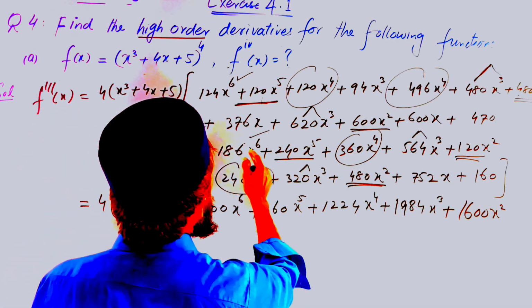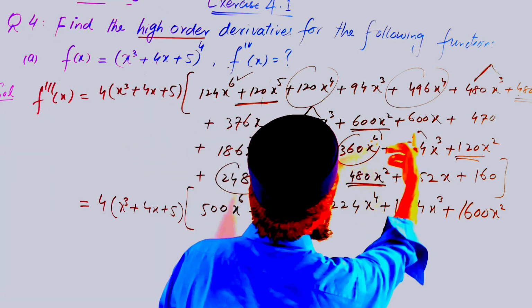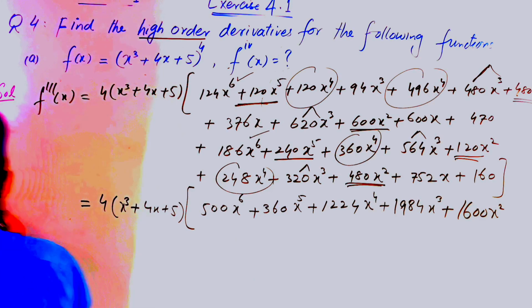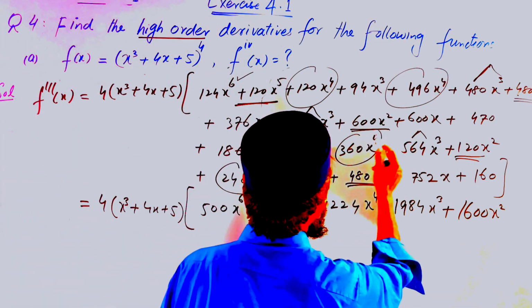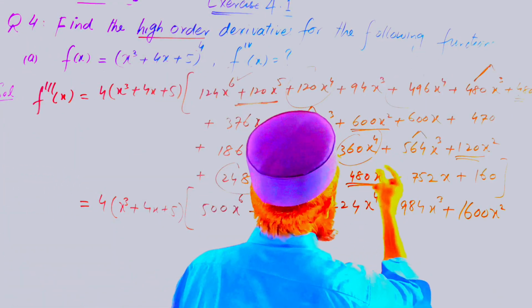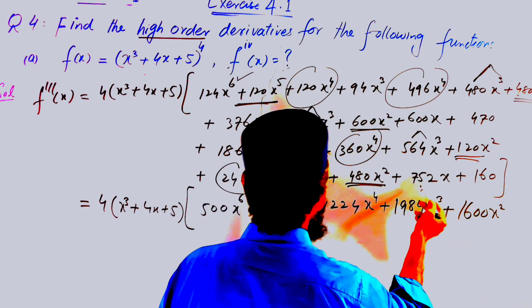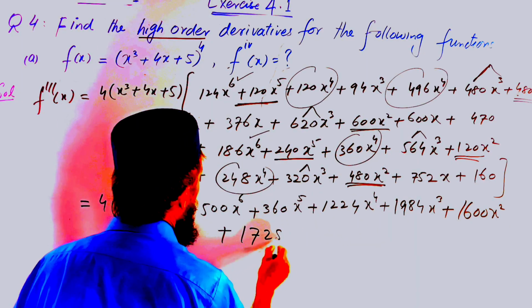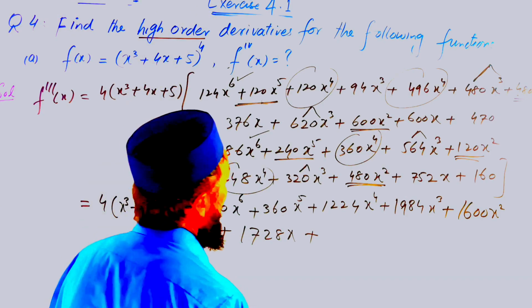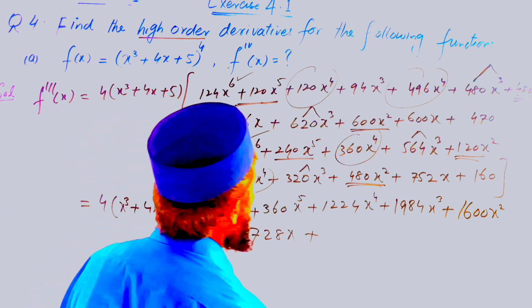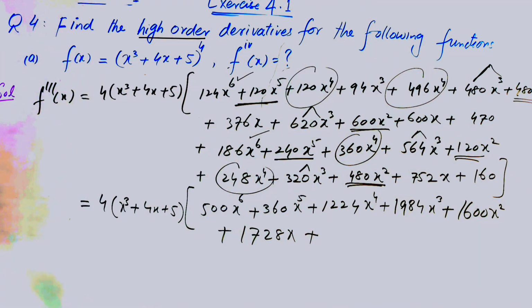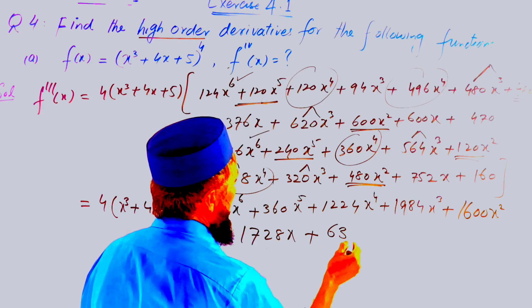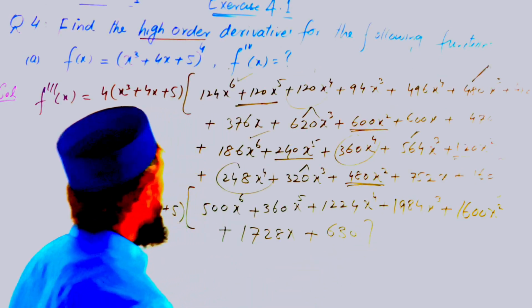Now the value of x is remaining. X is 3 and other 600 and other is 600, x value is 750, 1728 x plus constant value is required. Constant is here 470, 130. So this is the value of